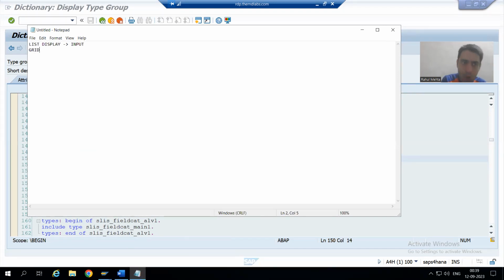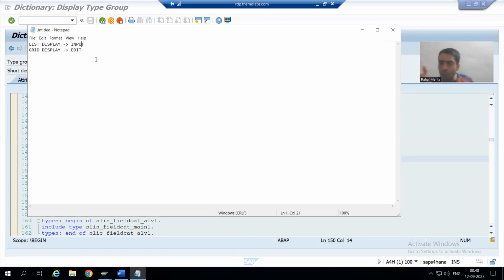But if you are going for grid display and you want to make a column editable, the name of the property is edit. We receive so many queries because for the grid display also, they will use input. Input is for the list display. For the grid display,